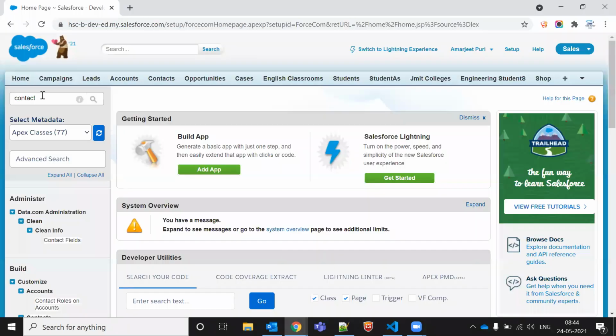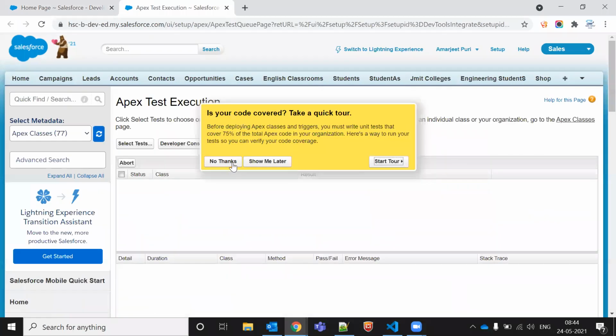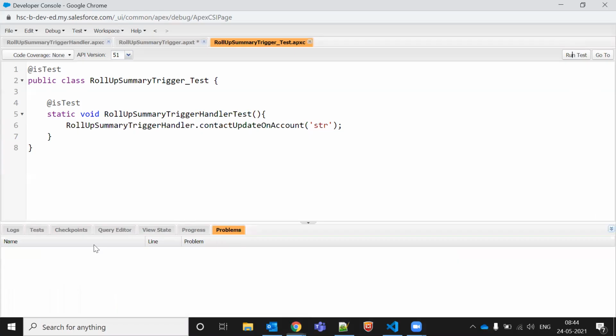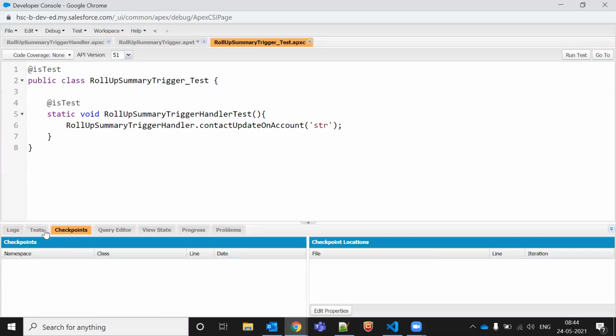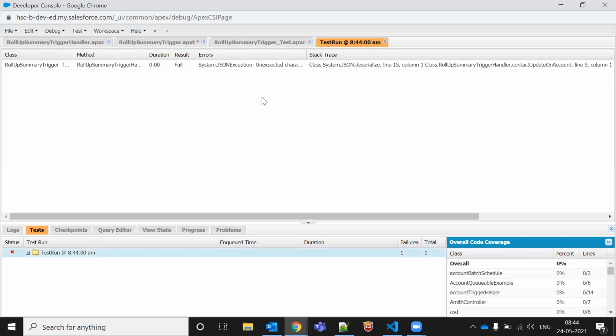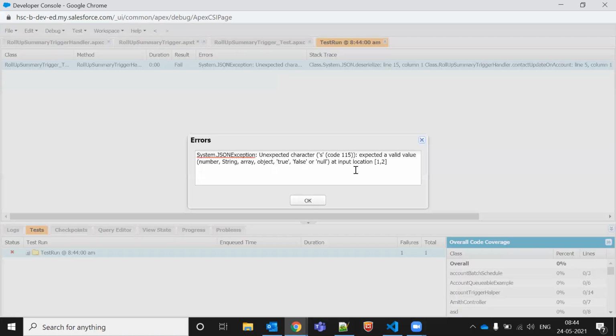To check the things, I can go here. It's up to your comfort where you want to check from, the developer console or from here. I'm just checking here and nothing is displaying. Just wait a minute. So the test is failing now. Let me check what it is saying.